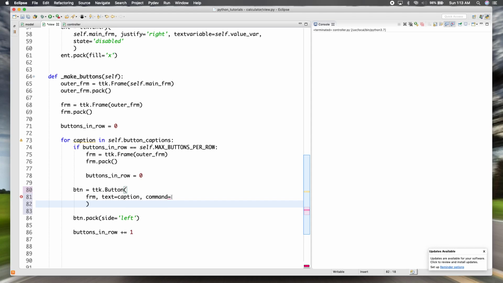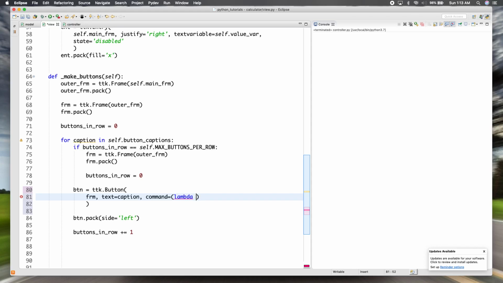But it's also useful in cases like this, where you need to call a callback function and pass a parameter. So we'll put it in parentheses just for readability. So we'll say lambda, and remember we need to pass the caption to it. And since we're iterating through this list of captions, caption is changing each time. So we need it to be the caption that's for each button,